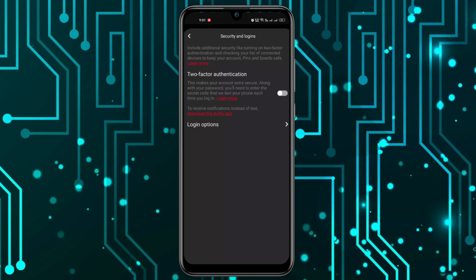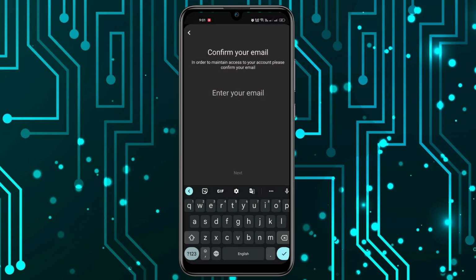You have to click on it, and now it's asking me to add my email address, so I will type in my email address. And now once you have typed in your email address, you have to click on next, and now it's asking me for the password of my account, so I'll type in my password,